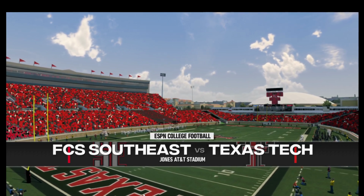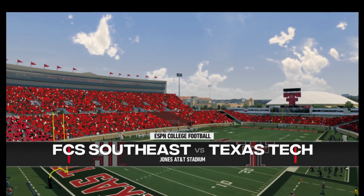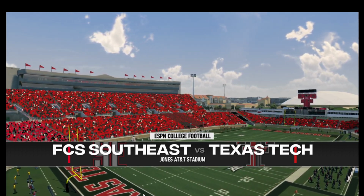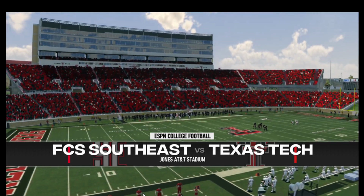They call it the Jones down here in Lubbock, but most visitors call it intimidating. Jones AT&T Stadium, home of Texas Tech, is our venue for the action coming up. Before we head down to the field for the coin toss, we'd like to remind you this game is brought